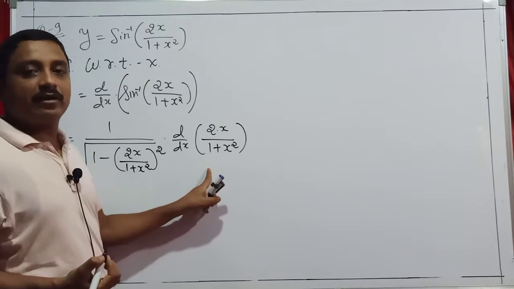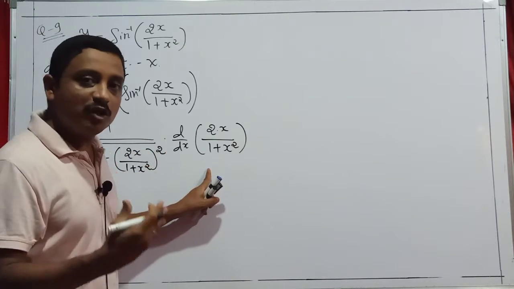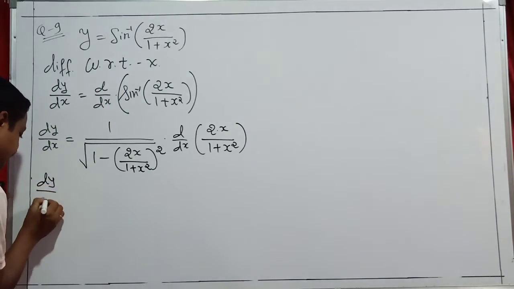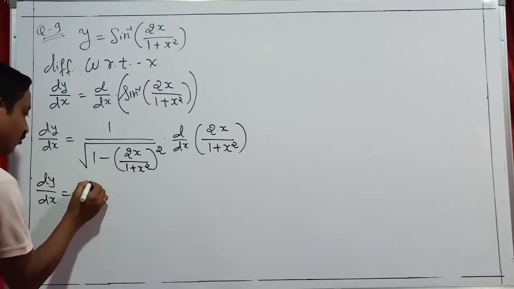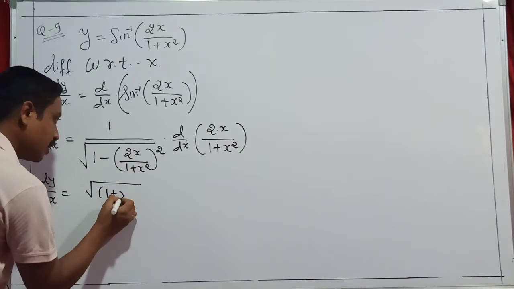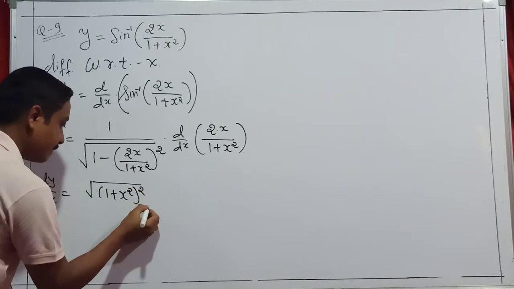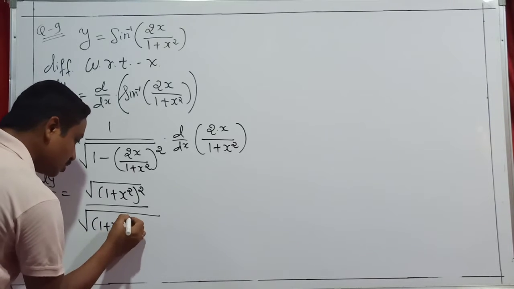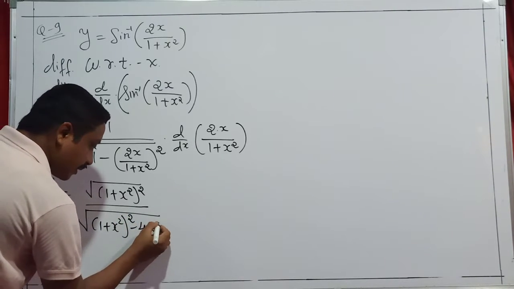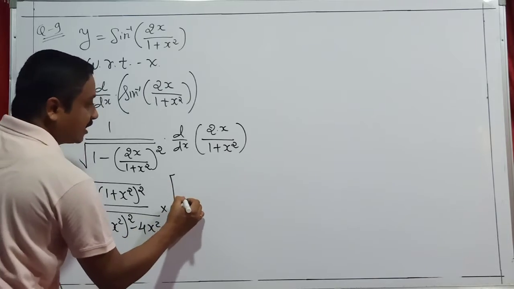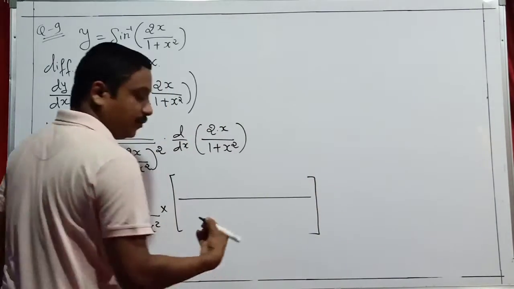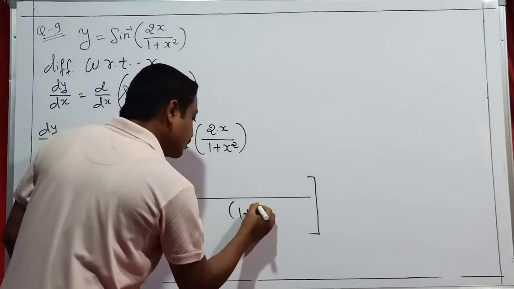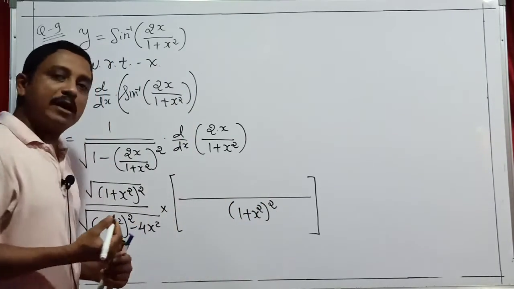Here students, apply our division rule, the u by v rule, and here apply LCM. So dy by dx, this LCM carried forward on the upper side is 1 plus x square the whole square, and here as it is, I just show 2 whole square minus 4x square. And students, here I start our division rule. You know that division rule? Yes, in the denominator square, the u by v rule.